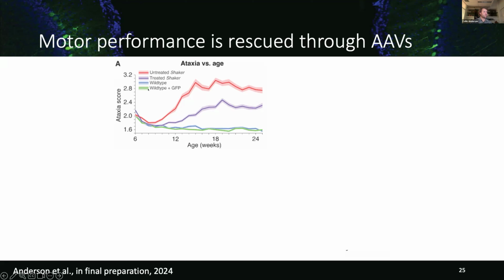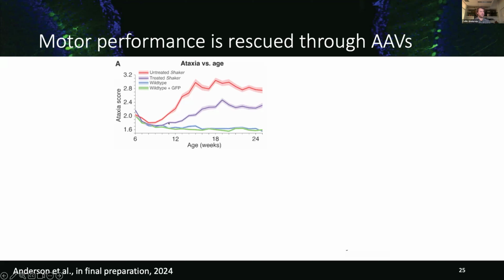And basically what you can see is the wild type plus GFP versus the wild type is pretty much the same. You have these untreated shaker rats that are progressing pretty identically to what we found in our previous study that we published in 2019 using the DBS. And then when we have the treated shaker rats with this L7 SLC9A6 GFP replacing just in Purkinje cells,